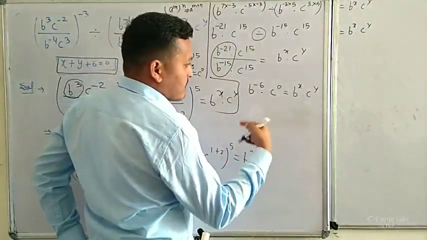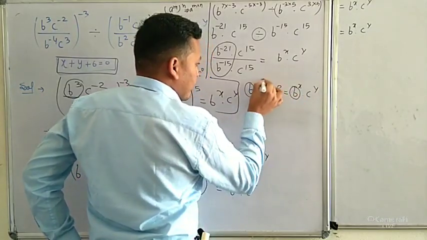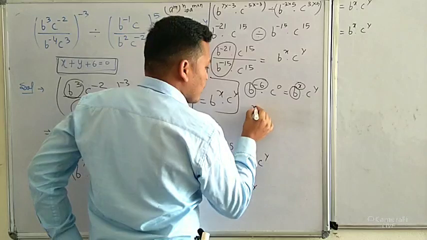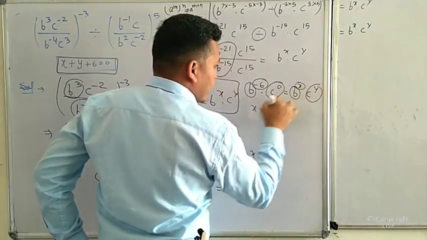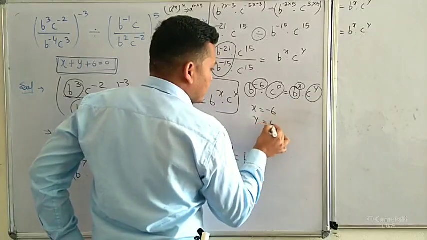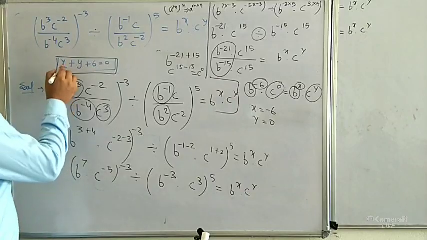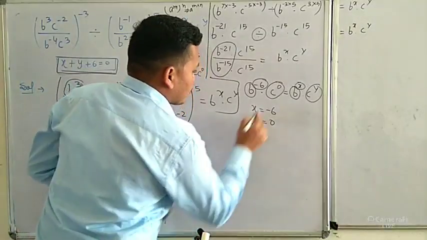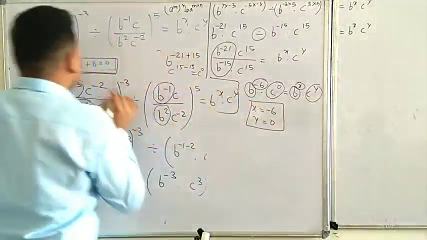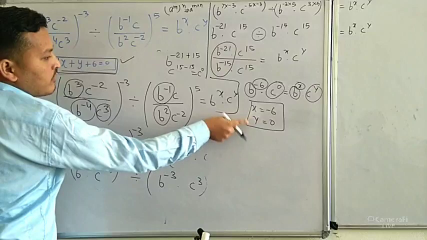Now compare the left side and right hand side, so b and this is also b, so what is the value of x, so x is equal to -6, same like base c to the c and c, so y is equal to 0, okay, and the question is what is our question, prove that x plus y plus 6 is equal to 0, तो find the relation between these two value, इन दोनों के बीच में ऐसा रिलेशन बनाओ कि ये बन जाए, तो how can you find this relation with the help of x and y,